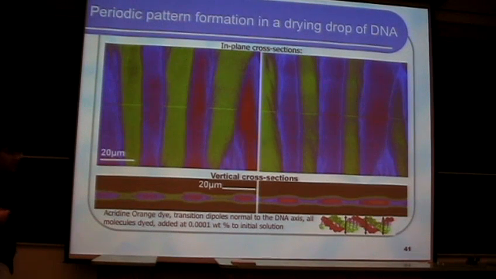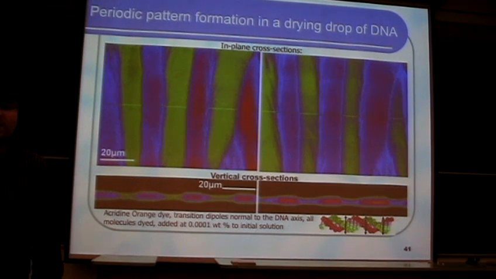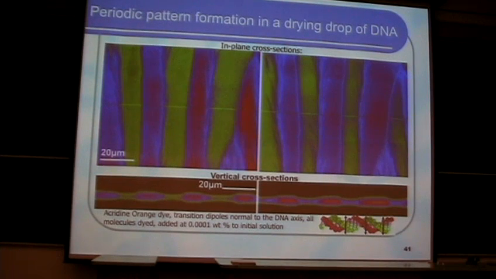Moreover, it's possible to use this technique not only for imaging of thermotropic liquid crystals, such as the smectics and nematic liquid crystals we discussed before, but also